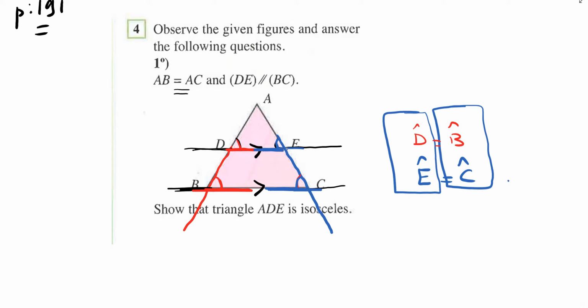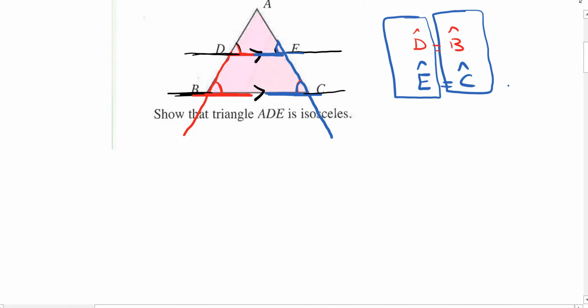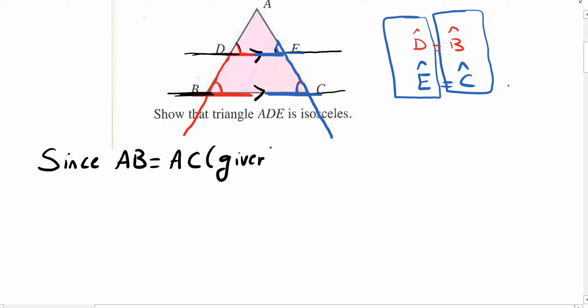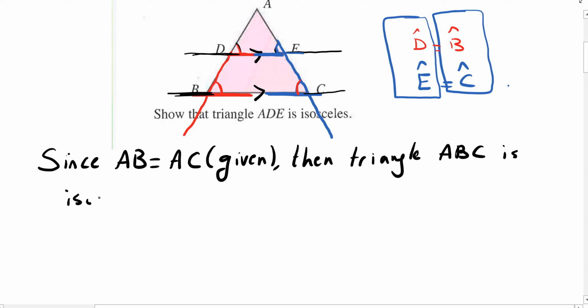So let's start writing the proof. I need to prove first that triangle ABC is an isosceles triangle. Okay, so we start, since AB equals to AC given, then triangle ABC is isosceles of main